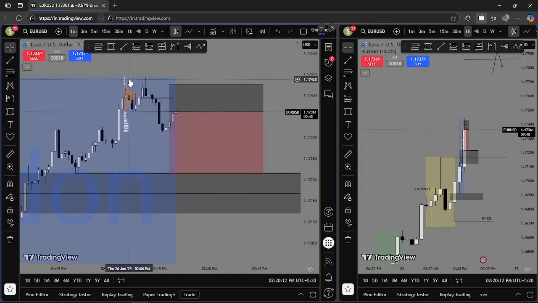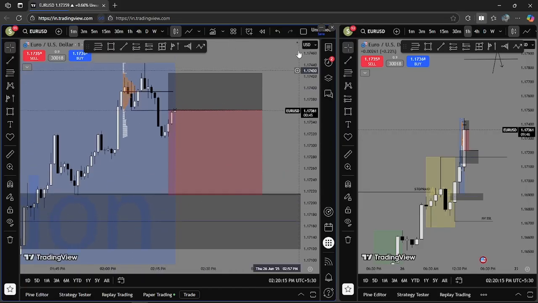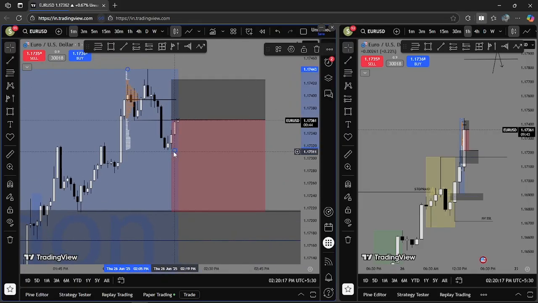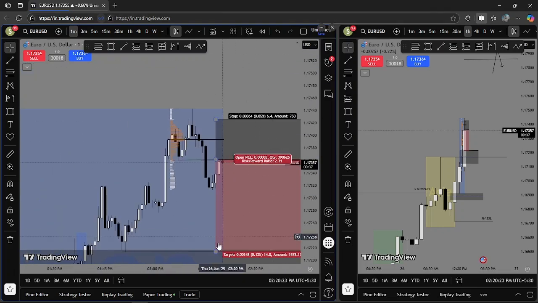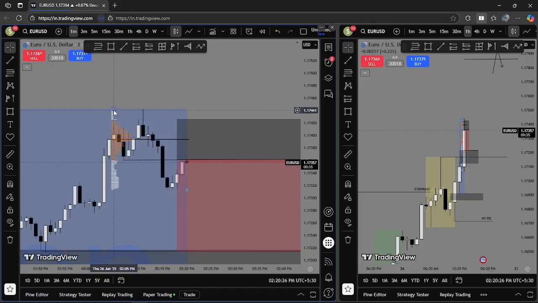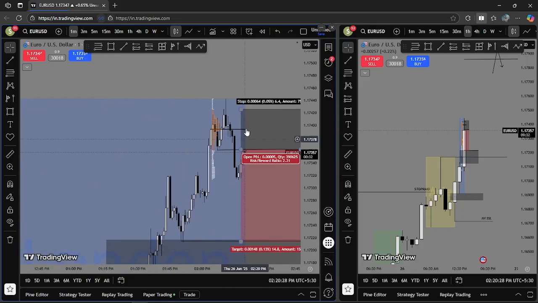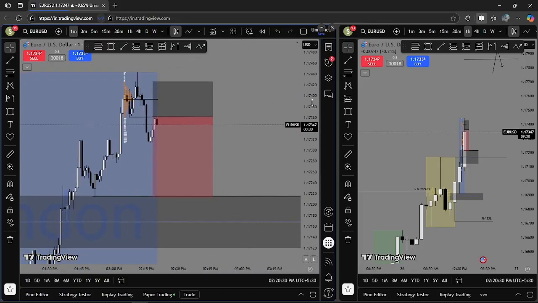I'm seeing that we are coming, but it's a low volume zone. I don't know exactly what to say here. Seems like there's a. Let's see. I actually see there is one single length of volume. So let's see how right or wrong we are right now. I have taken 50% of my position.